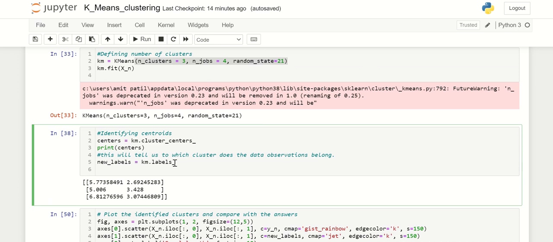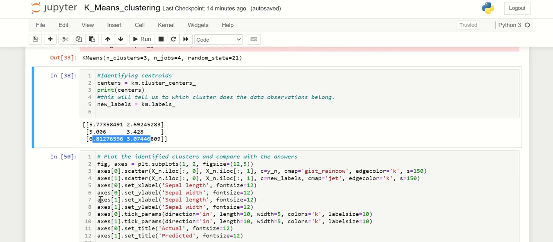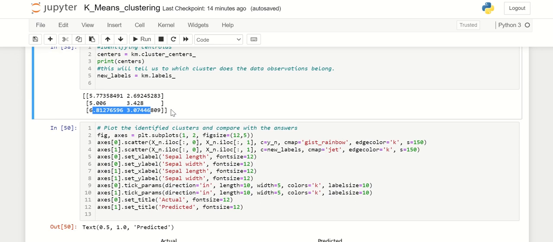The center of the first part is 5.77, 3.428, that is x1, y1. For the second cluster, this is the center, and for the third cluster, this is the center. So these are the three centers.